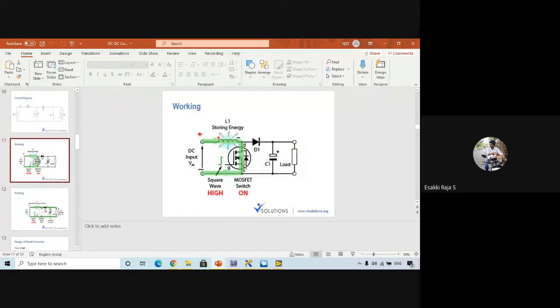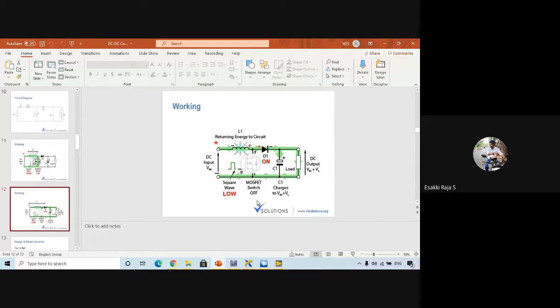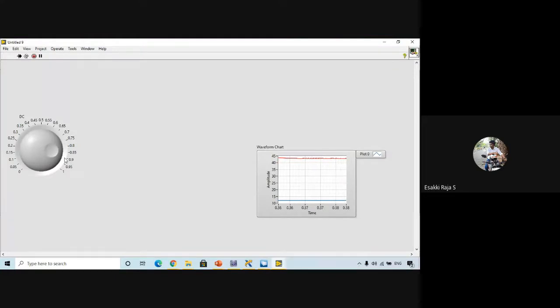The reason is we are making our circuit only charge, we are not discharging. The stored energy will get discharged only when my MOSFET is off, so you are not giving enough duration to off. If I increase this even more, you can see my output voltage will completely reduce, because we are not giving enough time to discharge. So it is always recommended to keep it between 0.5 to 0.7 if you want to obtain more voltage.